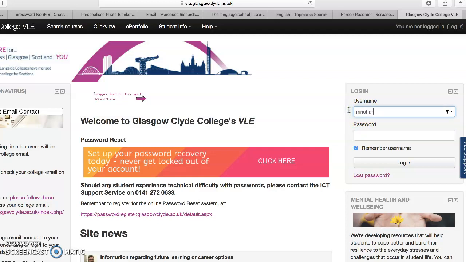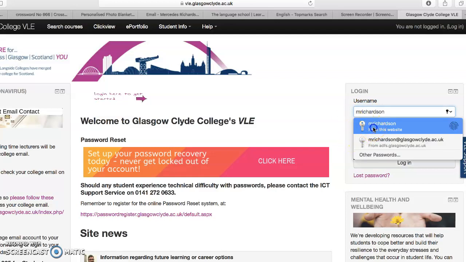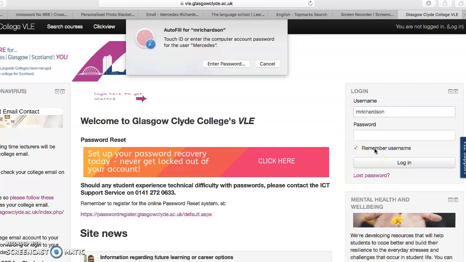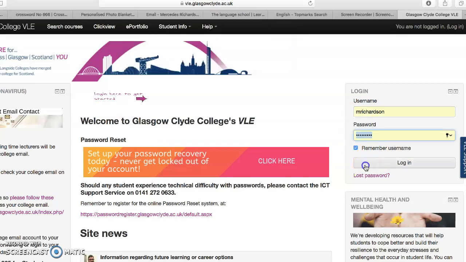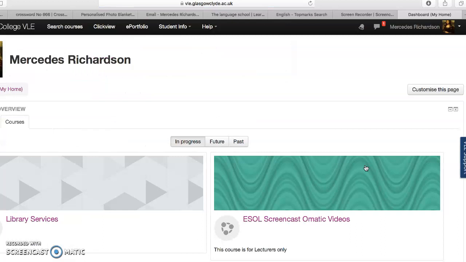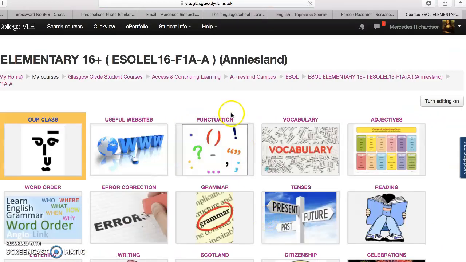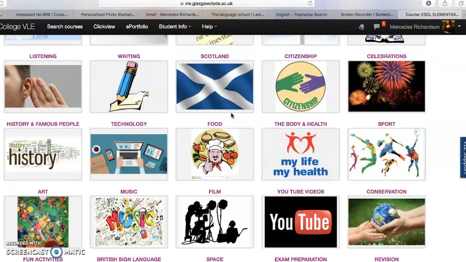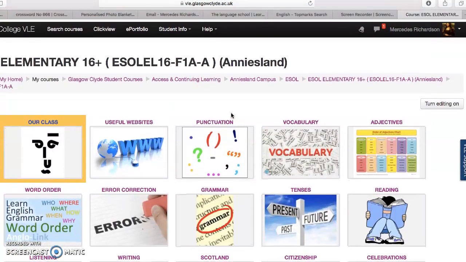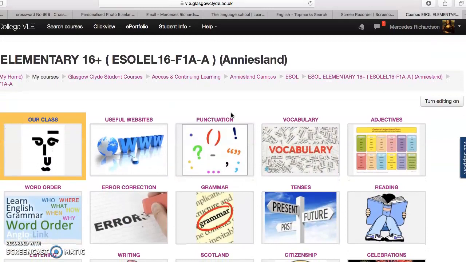So I'm going to do mine here. And I'm going to log in. Now, I have lots because I have lots of different classes, but your class will come up with its number. And there you are. Now you should know the VLE because we've done it a lot of times. Okay, now, this is how you get onto the VLE when you are going through Safari or Internet Explorer or